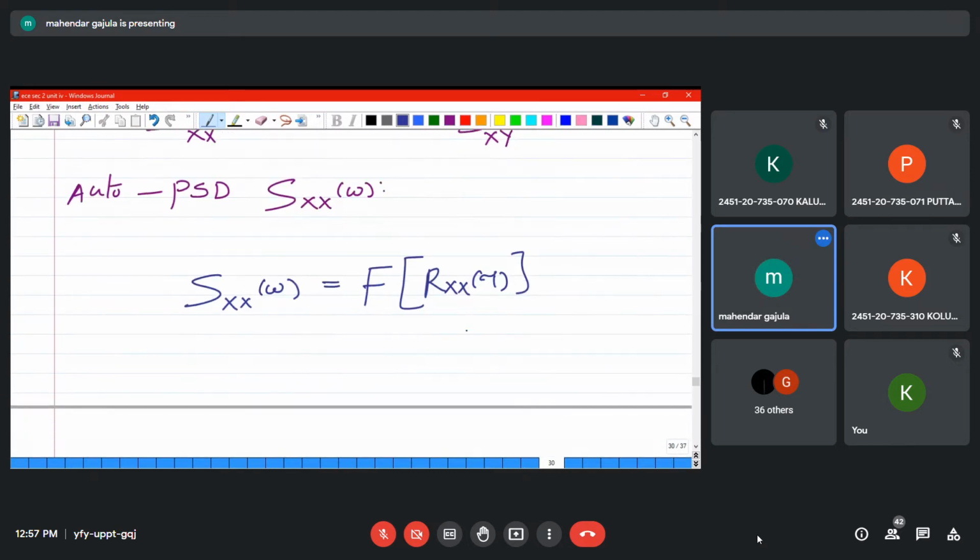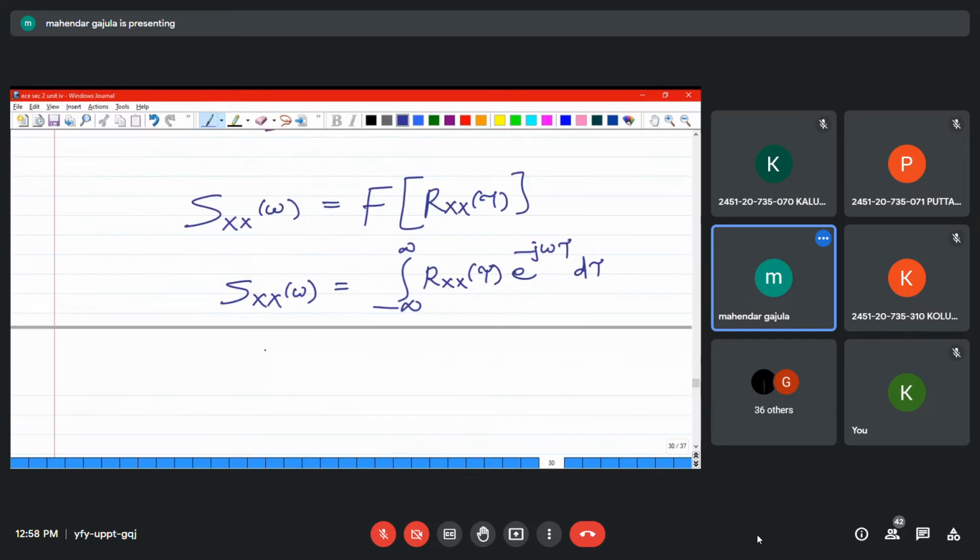So what is the Fourier transform formula? Integral from minus infinity to plus infinity. We are applying the Fourier transform on R XX tau e power minus j omega tau d tau. In the original formula it is t; here we are using tau. Here we place the autocorrelation function to get S XX omega. And the other formula